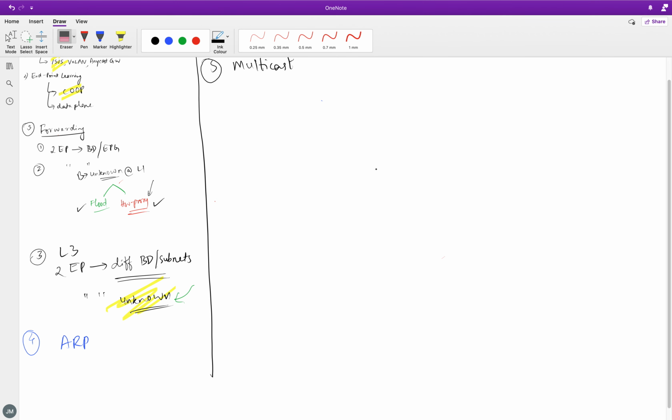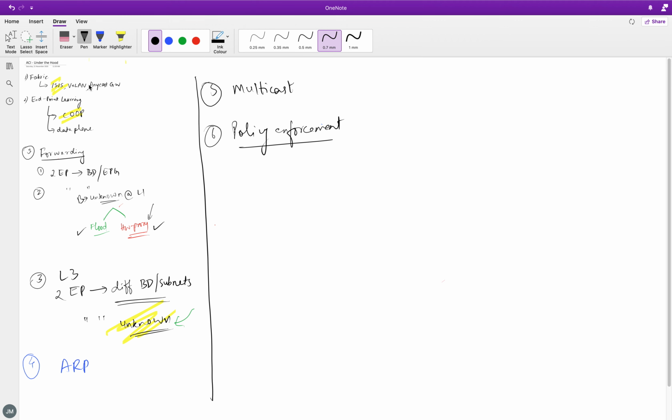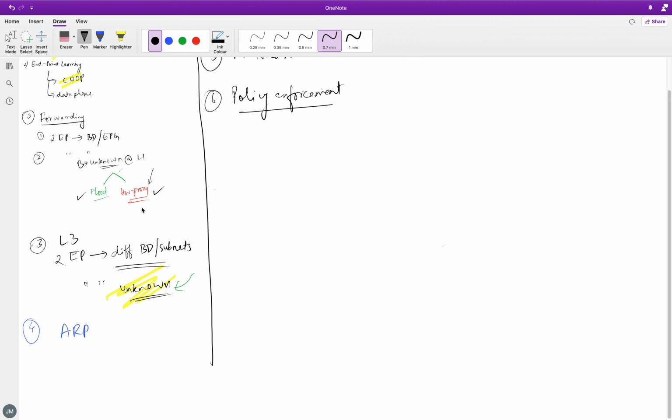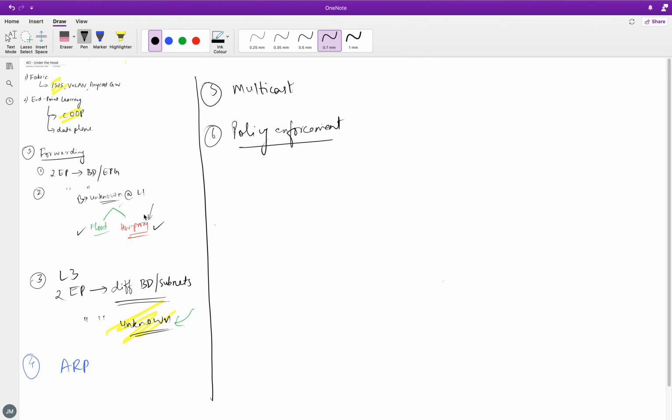so the next topic we want to discuss is the 6th one, my bad. It's going to be policy enforcement. Now we have understood how the whole traffic flows around and how ACI handles different kinds of traffic. So it's time to put all this information together and get to the meat of it,